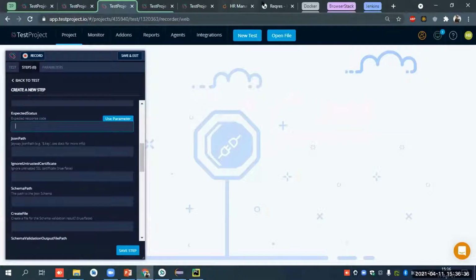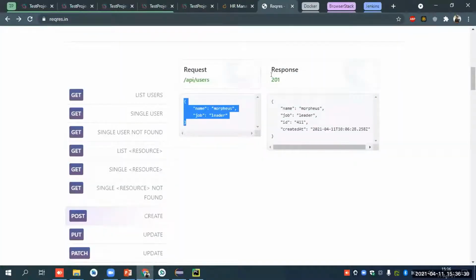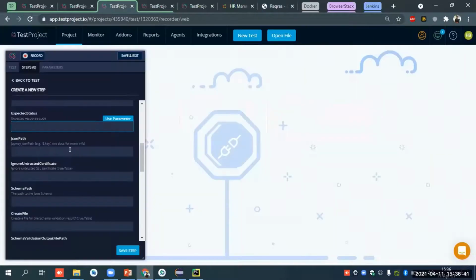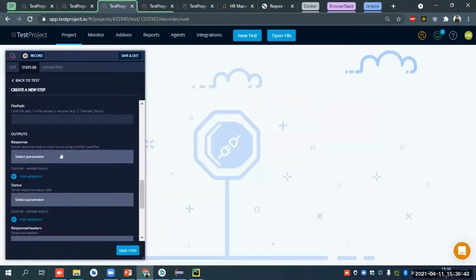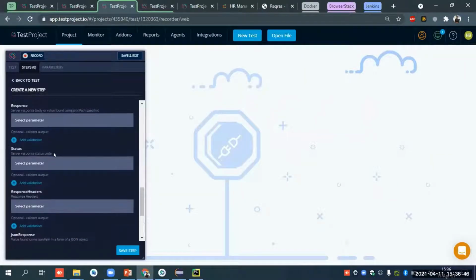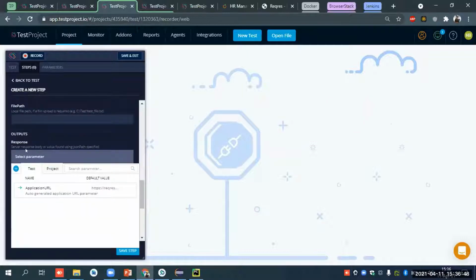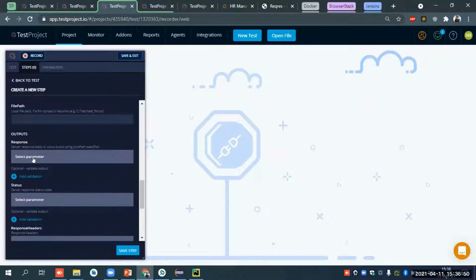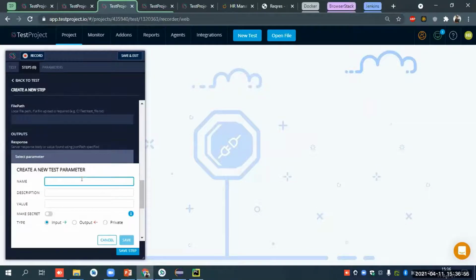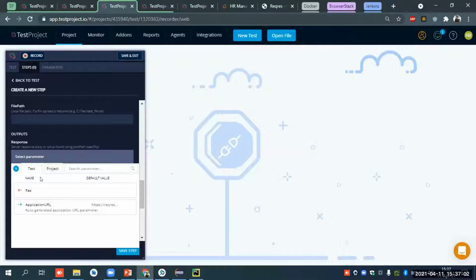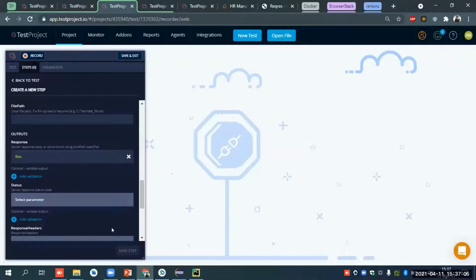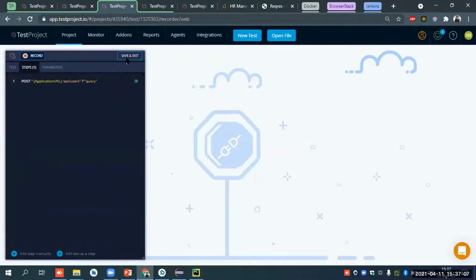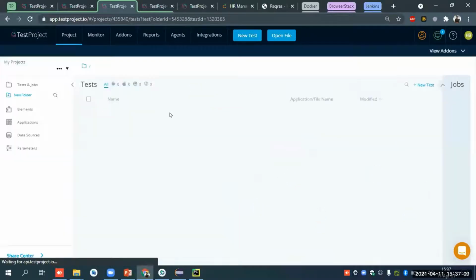The expected status in this case would be 201, so we will input 201 here. We will store the response which we are getting in one of the parameters. Select it. Save. I will hit save and exit.